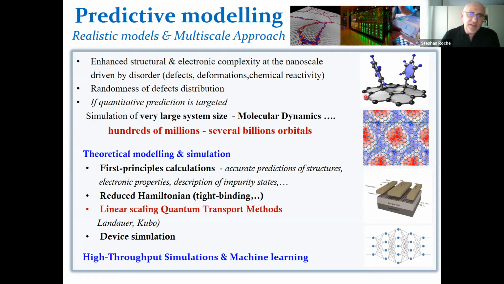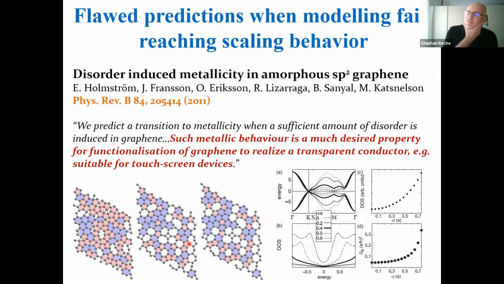So then, of course, there are new types of simulation tools such as machine learning that can be very helpful in many regards. But let me first illustrate the fact that there is a need for a multiscale approach for understanding the real properties of the material. And this is a typical example of a simulation which led to a false prediction